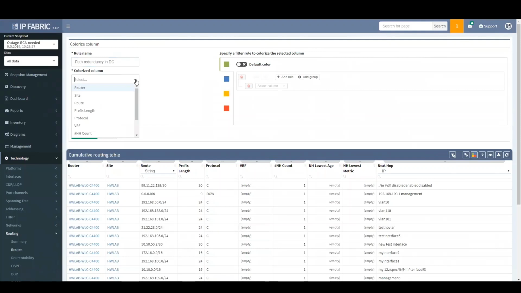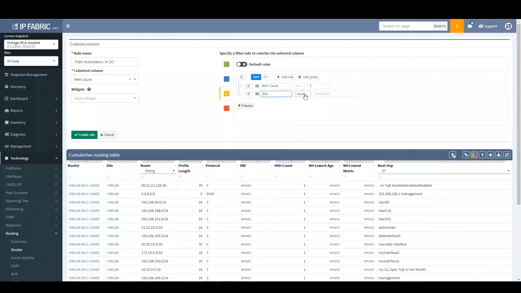To express this intent, we would use next hops. To generalize the intent of redundant paths where load balancing is happening, we can say that the next hop count has to be larger than 1. Vice versa, if the next hop count is lower than 2, then this is something that we want to watch out for. Additionally, we want to restrict this check only for